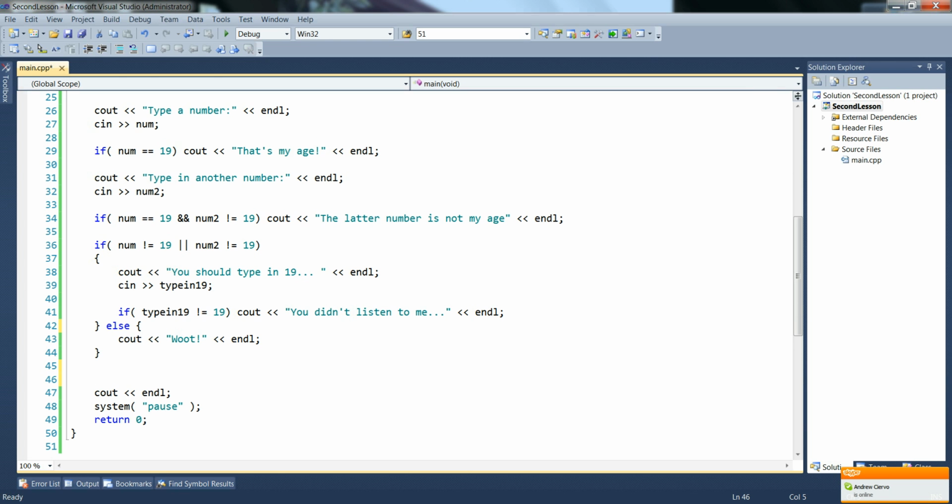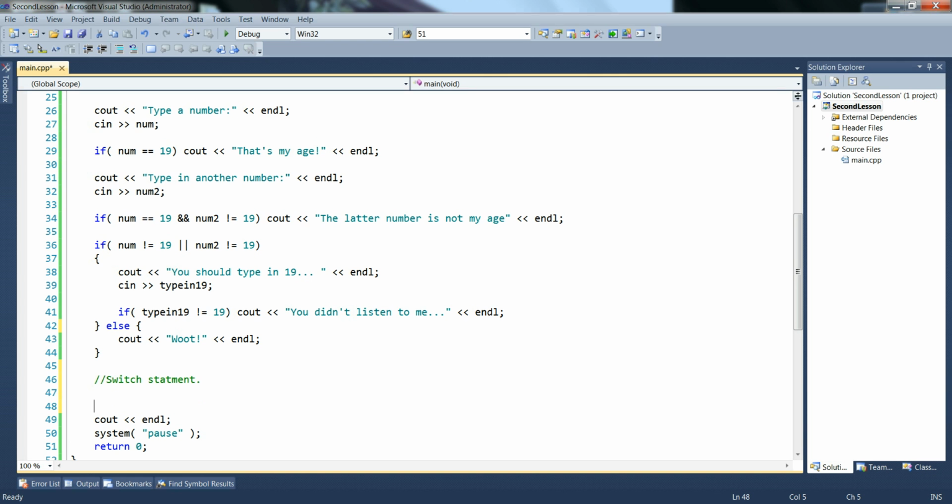Okie dokie. So, I'm going to go ahead and just write and talk about one more kind of conditional statement, and that is a switch statement. Now, switch statements are just like an alternative to an if statement, I suppose. Going back on the topic of input, we could put